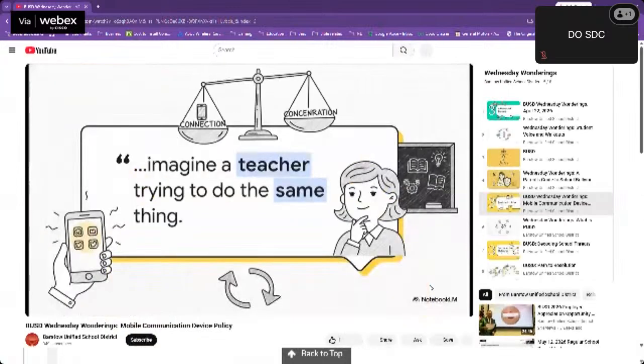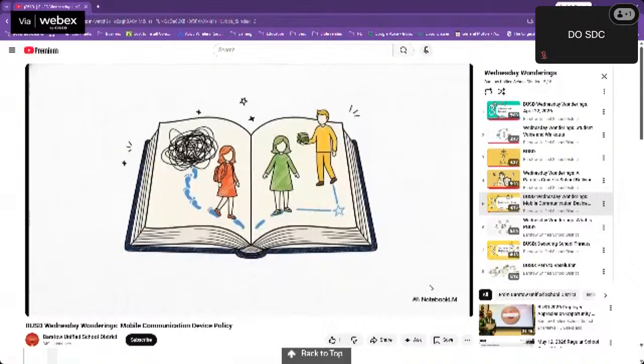You know, the policy document itself kicks off with a line that really gets to the heart of the matter. We all know how attached we are to our phones, but in a classroom, they can be a massive distraction. So the real challenge is finding that sweet spot, right? That balance between being connected and actually concentrating on learning. And that's exactly what this policy is trying to do.